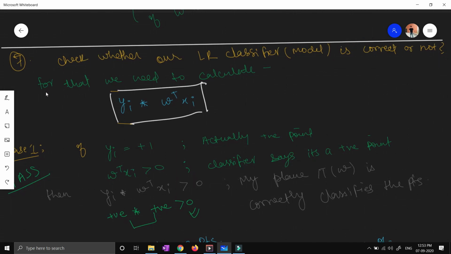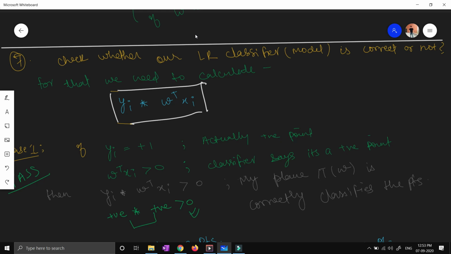So you can see over here that for that we need to calculate a term. I'll explain this particular term. We call it a signed distance, you can say. I'll explain this particular term in the next part, but as of now just understand that we have